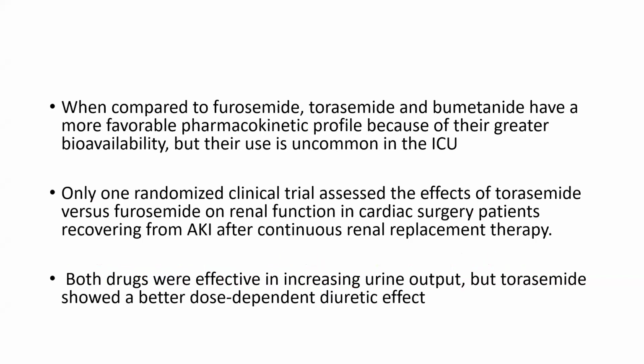When compared to furosemide, torsemide and bumetanide have a more favorable pharmacokinetic profile because of their greater bioavailability, but their use is uncommon in the ICU. Only one randomized clinical trial assessed the effect of torsemide versus furosemide on renal function in cardiac surgery patients recovering from AKI after continuous renal replacement therapy. Both drugs were effective in increasing urine output, but torsemide showed a better dose-dependent diuretic